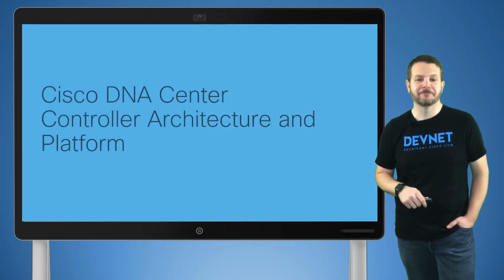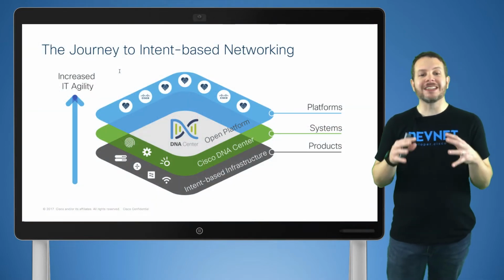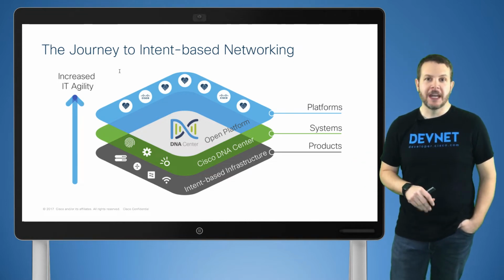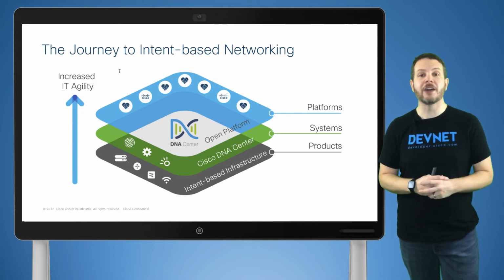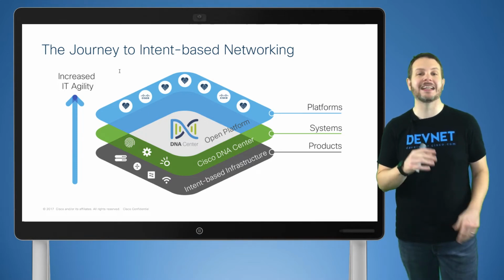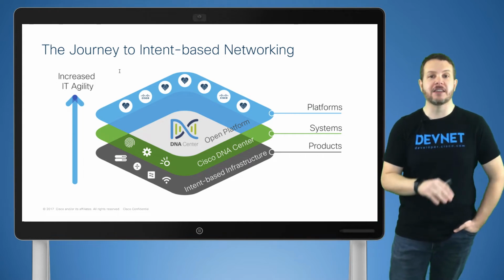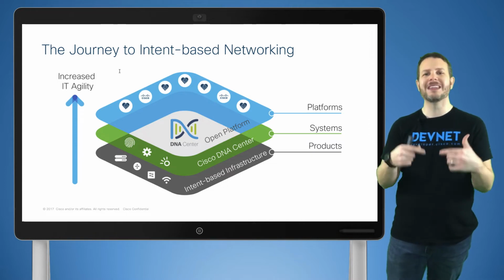Let's dive right in. Now, Cisco DNA Center is a huge part of the intent-based networking journey from Cisco inside of the enterprise campus. At a foundation, we build on top of an intent-based infrastructure made up of the wired and wireless components from the Catalyst 9000 family of infrastructure. On top of that is Cisco DNA Center, driving all the automation, provisioning, assurance, everything to do with that infrastructure